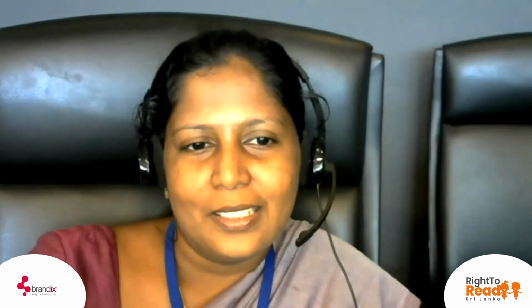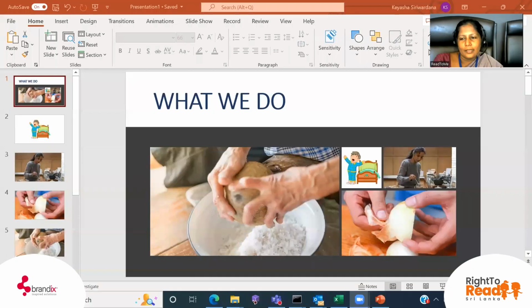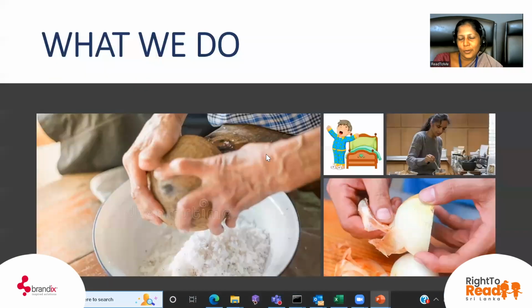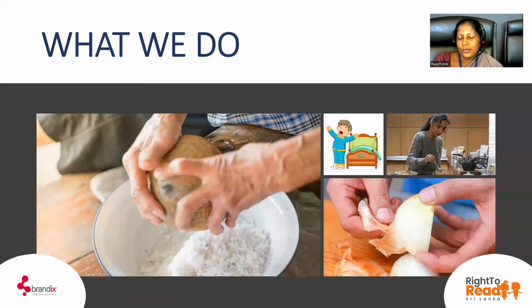Okay, children, now what can you see on the screen? Yeah, what do we do, right? Some actions are there. So can you imagine what sort of lesson we are going to do today? It's regarding some actions. When you get up early in the morning, what are the things you do? Are you helping your mother, or are you not doing anything and just getting ready to go to school? Okay. So it's a nice lesson. It's about what we do today.